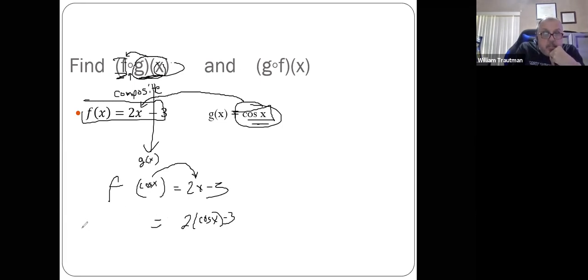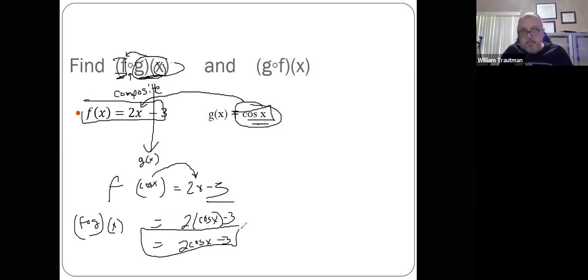And that's the composite of f and g. That's the answer: 2 cosine x minus 3. That's it. Now the other one,